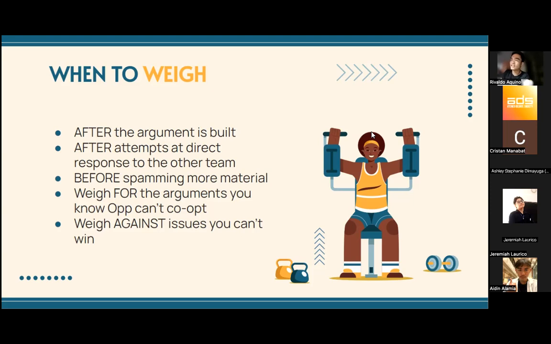for the arguments that you'll probably have to concede, prep one or two responses as to why the other team doesn't really get that argument or doesn't really win this issue, but already be ready to weigh out why that issue is not that important. For example, why is accessibility